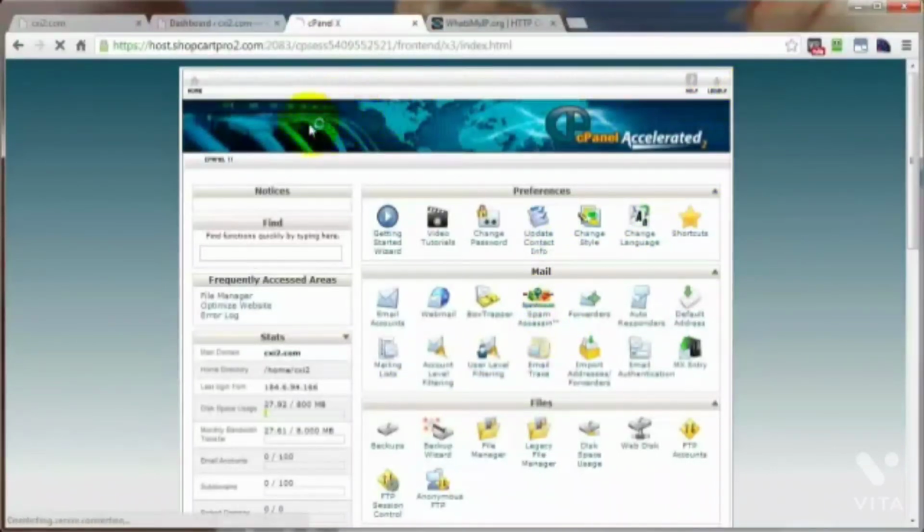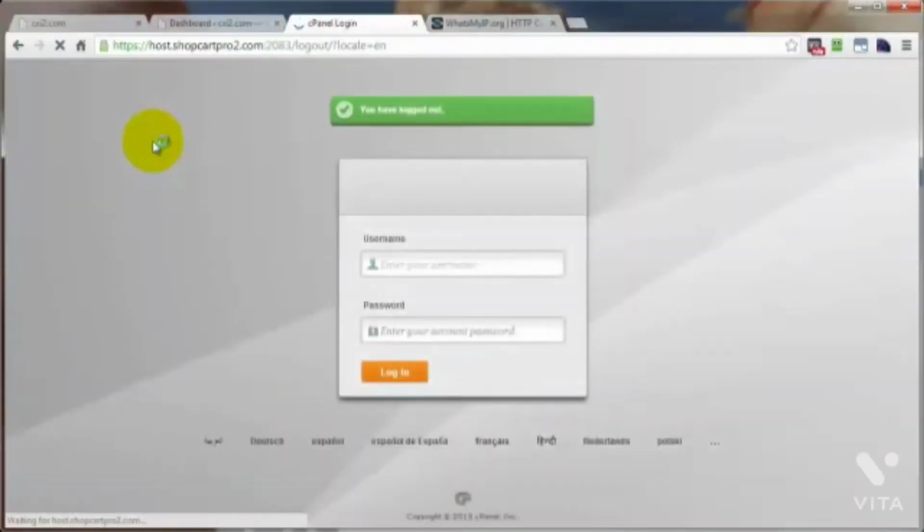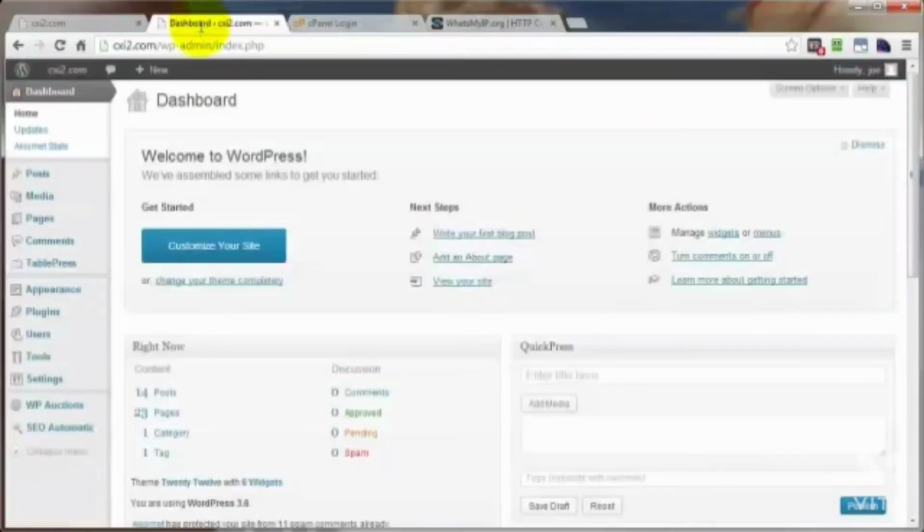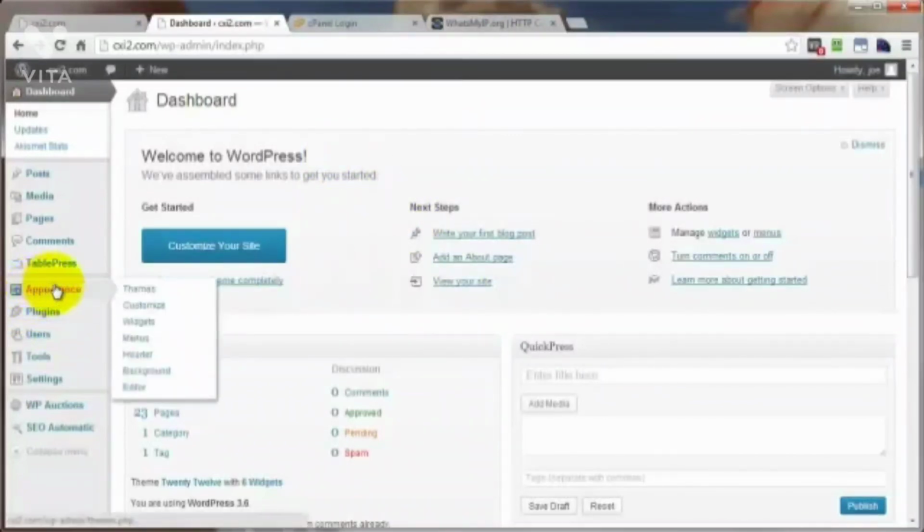out of here. So what I want to do at this point is log into the dashboard area of our WordPress site, and I've already done that. And if you're not familiar with how to do that, there's plenty of tutorials online. Basically, you just put in your URL /wp-admin. You'll probably be prompted to enter your username and password, and then just log in, and you'll end up somewhere like this. At this point, you want to come into the Appearance panel, go down to Editor, and you